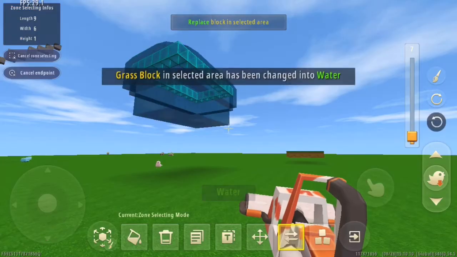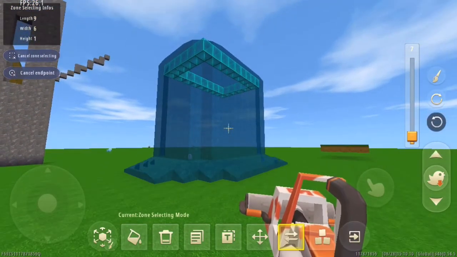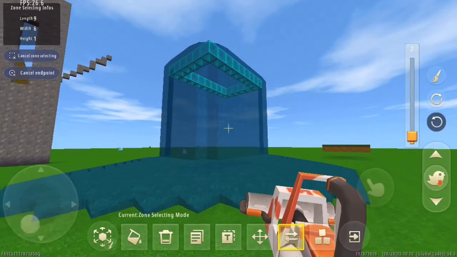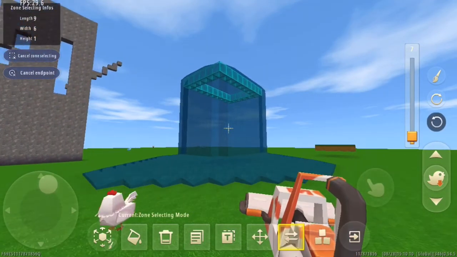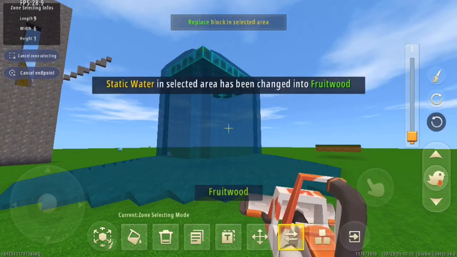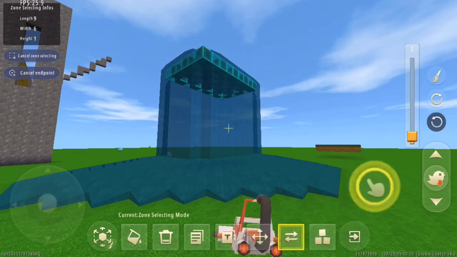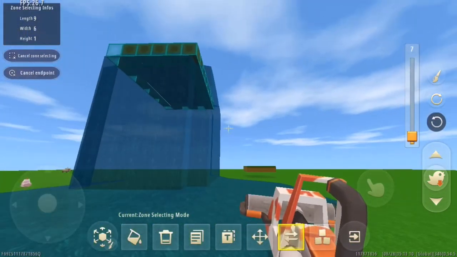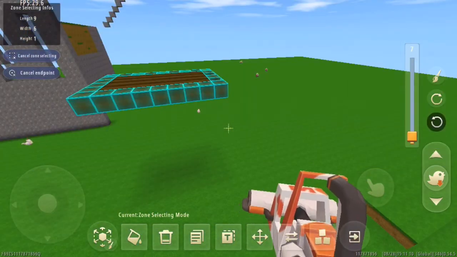I'm going to get a water block, and you can basically replace whichever blocks you have outlined. There, I replaced it back into a solid block.